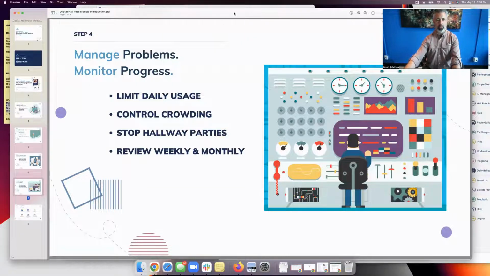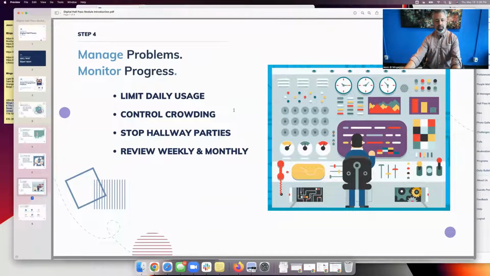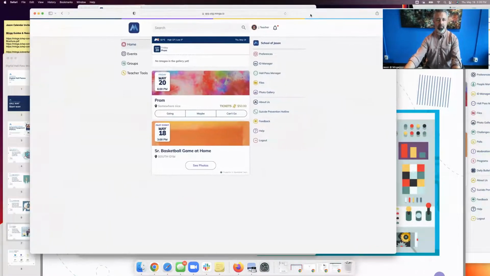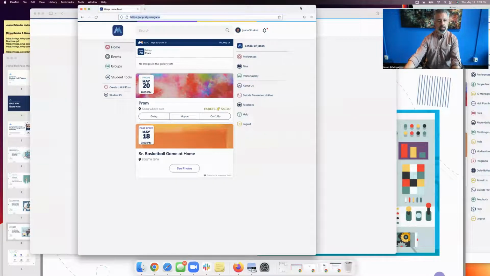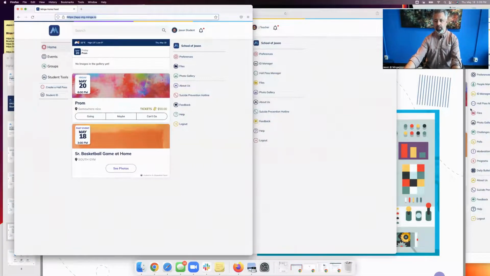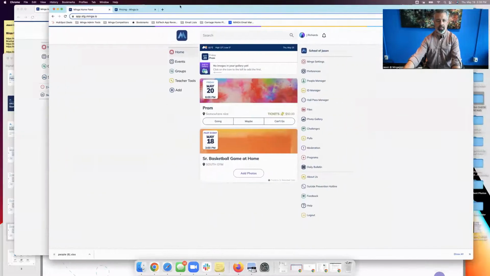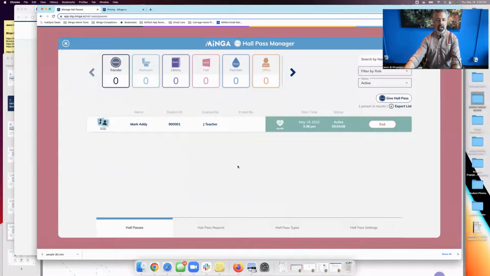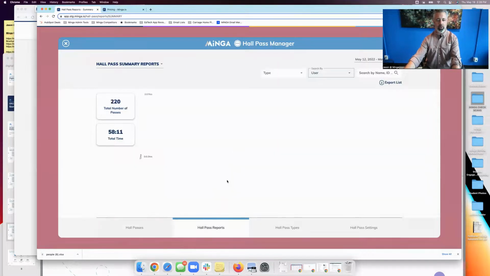So the reporting is really easy, and it's very simple to take a look and see if the implementations I put in place to manage hall pass usage are actually working effectively, because I can come in at any time. That's Jason teacher. That's Jason student. There's Jason administrator. And I've got very easy access to that reporting workflow